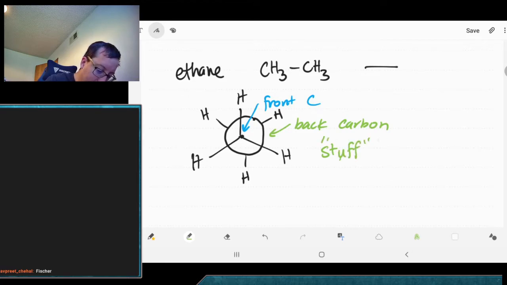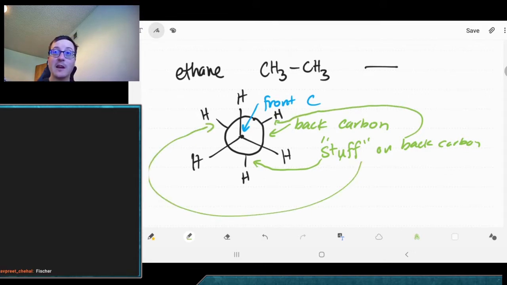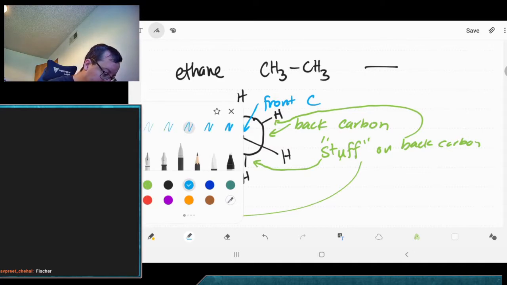And all the stuff on the back carbon has these shorter lines to it. It has the short lines that connect to the big circle. The stuff on the front carbon